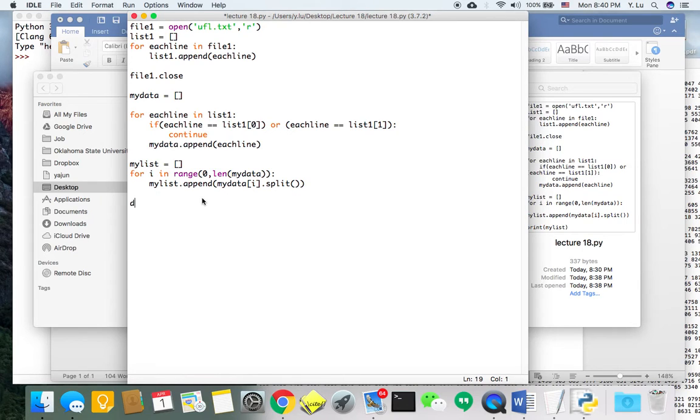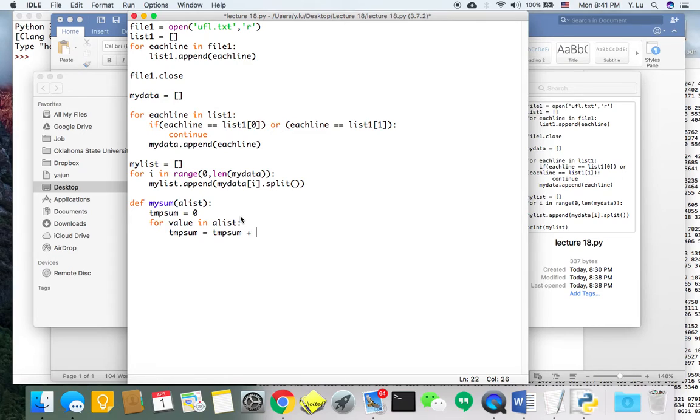Now we want to define a function called my sum, and you want to pass a parameter for the list. Since the job is we want to print the sum of each line in the list, my list, I will pass the parameter called my list, and we need to initialize temp sum equal to 0, and then we sum line by line, for value in a list, and we will get sum equal to